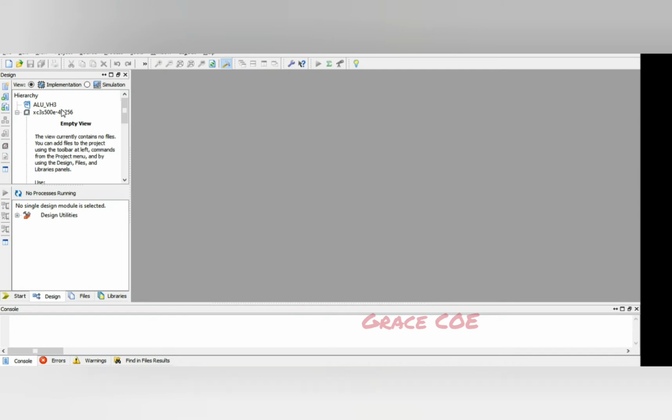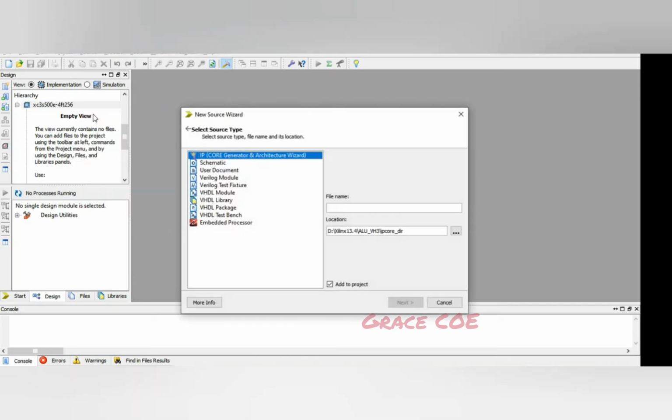Here we'll be adding a new source and writing the code. For this we'll be selecting VHDL module, give a file name and write the code.